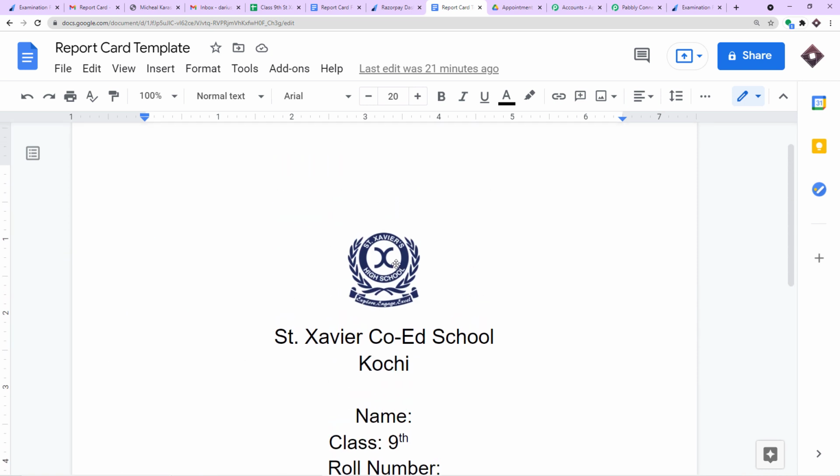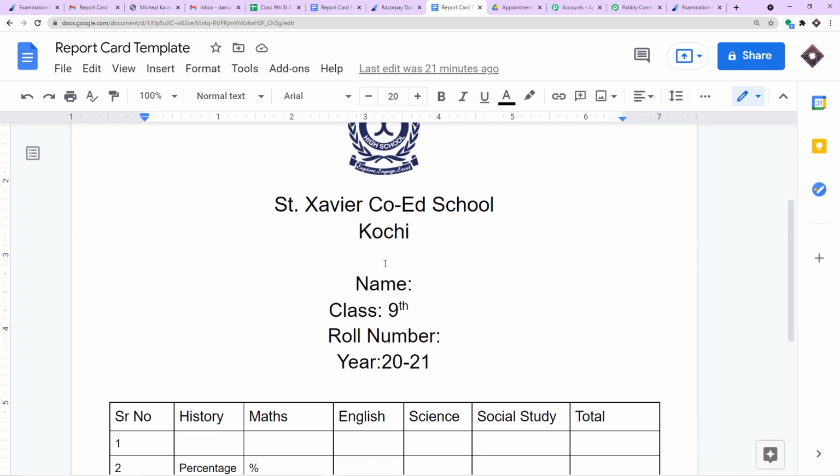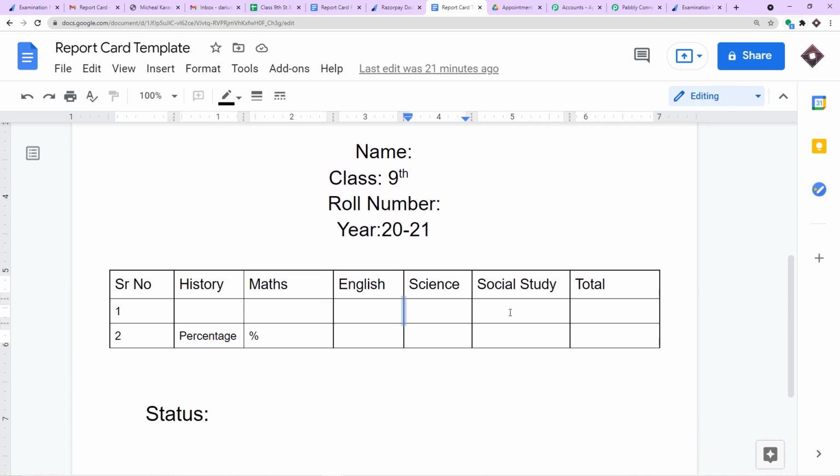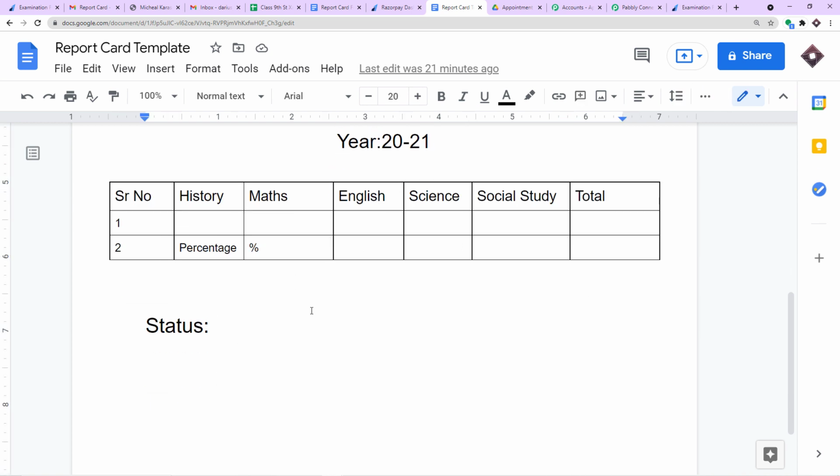Okay, we have the emblem, we have the name of the school, the location of the school. Now here the name of the student will come, and here the roll number of the student will come, and his respective marks in the subject, the total, the percentage he has got, and the final status, that is, whether he has passed or failed. Once the report card is made from this particular template, we are going to mail it to him on Gmail, of course after storing it on Google Drive.